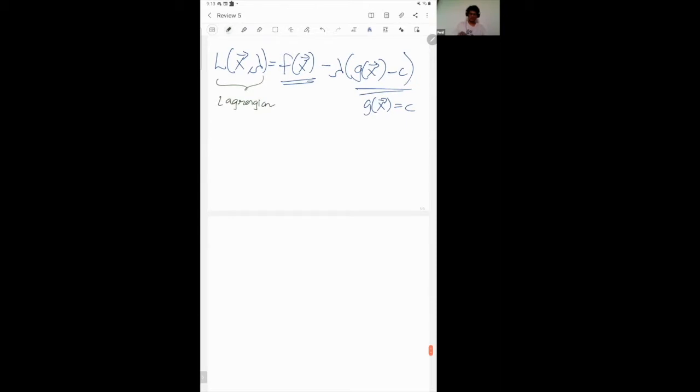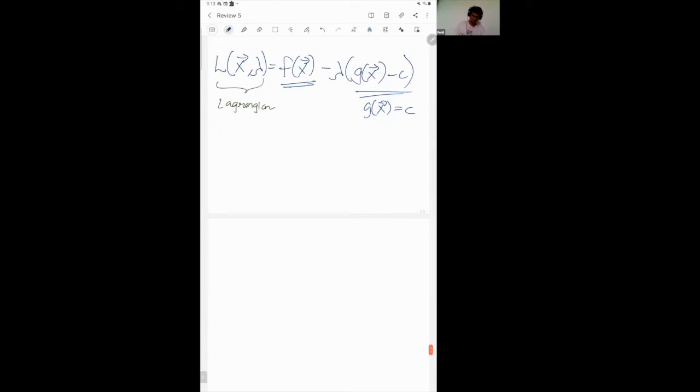And then we can just write, so instead of optimizing f of x with a constraint g of x equals c, we can just directly optimize the Lagrangian freely over x and lambda. So if we take the derivative of the Lagrangian with respect to the x vector, what we would get is